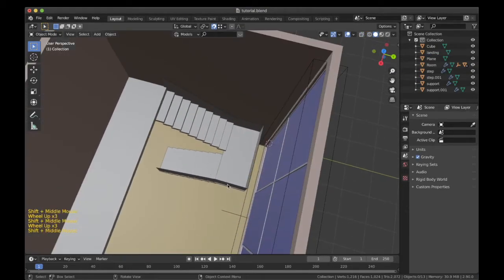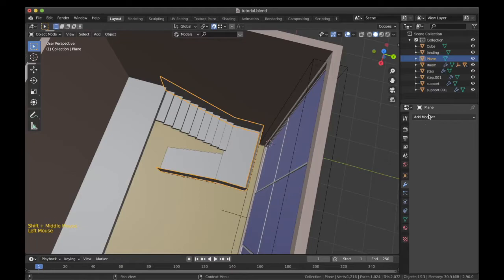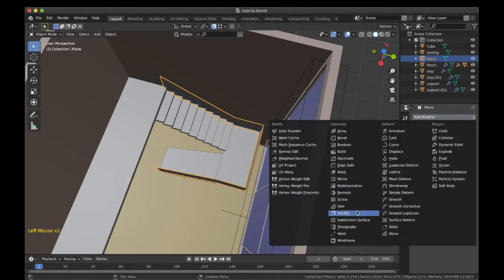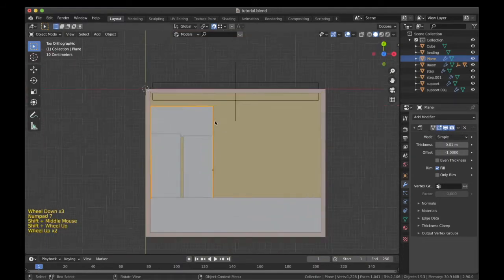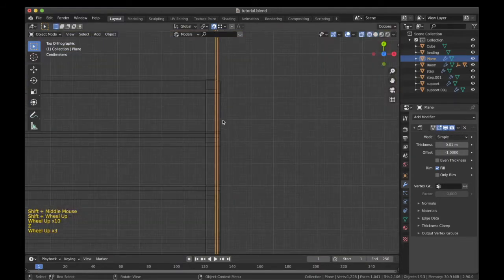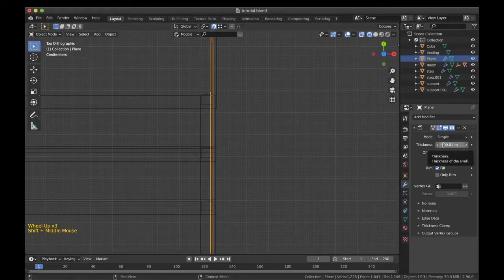Now that we have the basic railing setup, what I will do is that I will give it some thickness using the solidify modifier. The solidify modifier gives us the liberty to change the thickness of any plane or surface that we have selected at any point in time until we apply it over here. So I will go to the top view and see how much thickness would work with our scene. It is currently set to 0.01. I will set it to 0.03 maybe. That looks a bit thick, so 0.02 would be good.